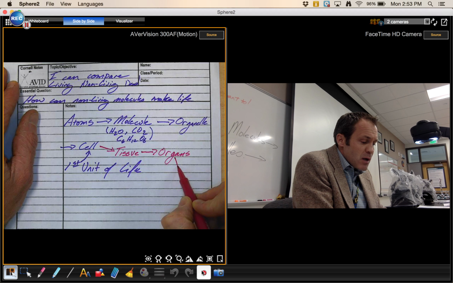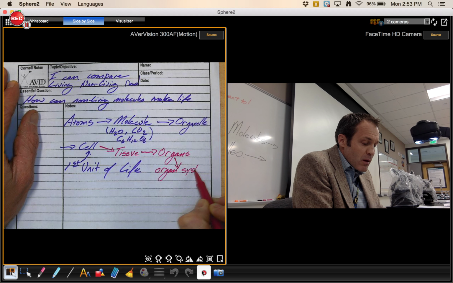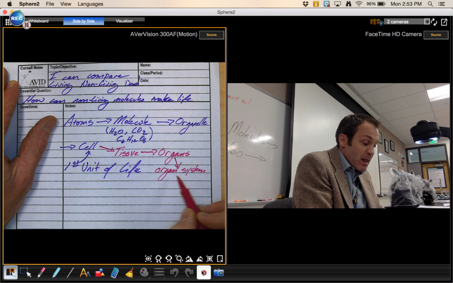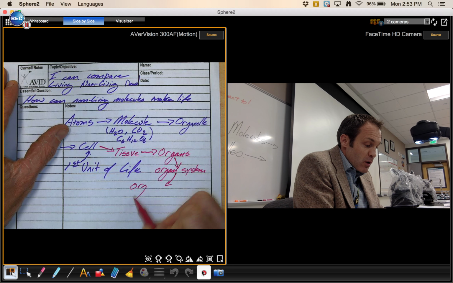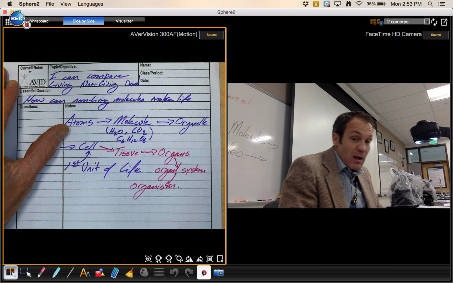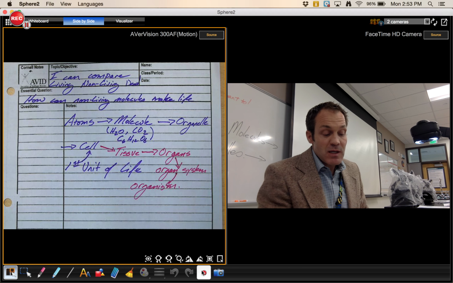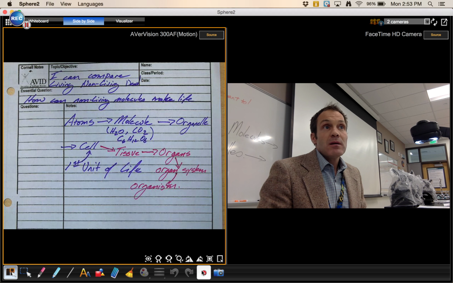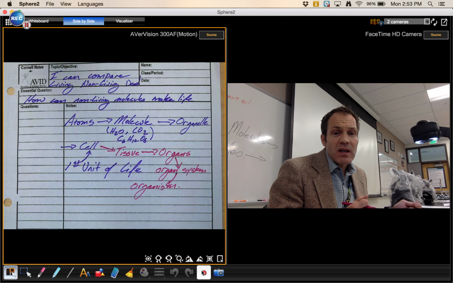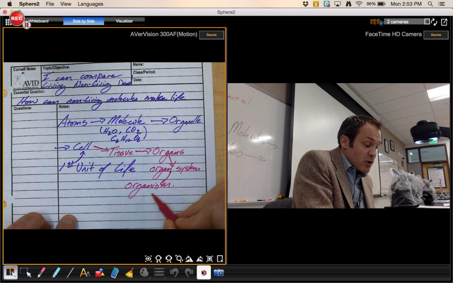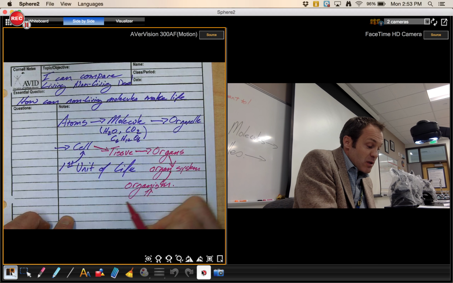My lungs are part of an organ system called my respiratory system. And then an organ system makes up an entire organism. I asked people for examples of organisms today in class, and they said a dog is an organism, a tree is an organism. Any whole living thing is an organism. So I'm going to draw a double arrow and give a definition. A whole